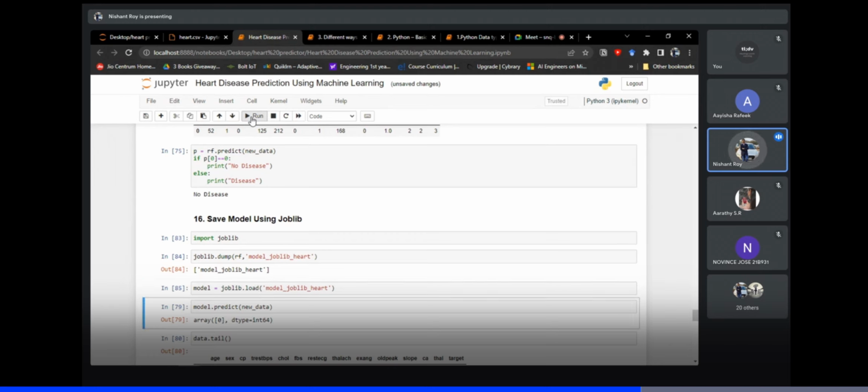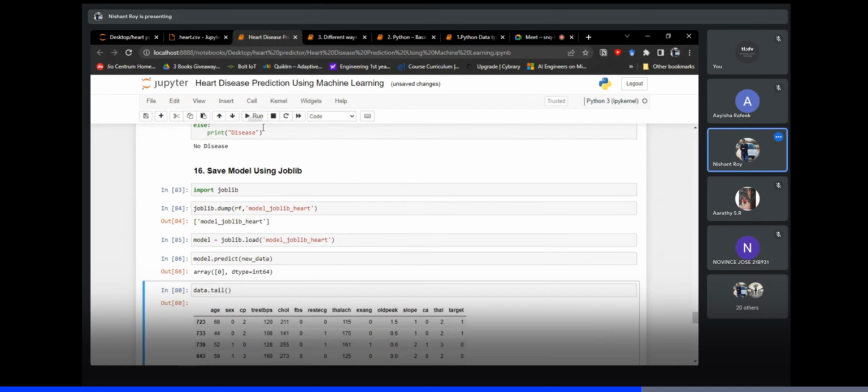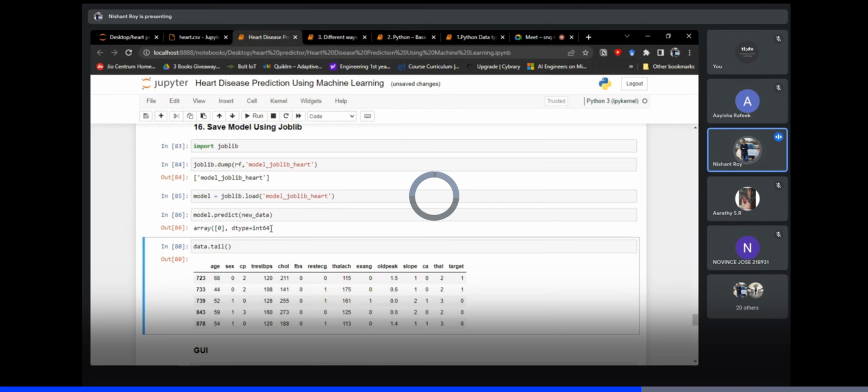We'll just load it, and again we will just give new data to predict, and it will give us